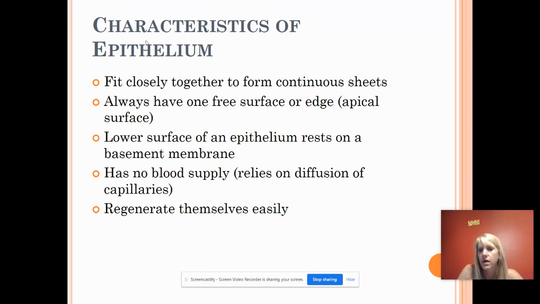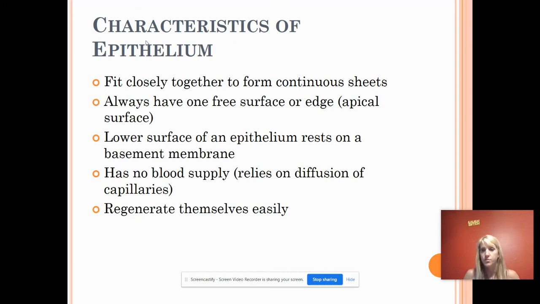There's no blood supply, so it relies on diffusion. Do you remember what diffusion is? That's the movement from high concentration to low concentration. So, quick review: if you're baking a cake on the main floor and you're upstairs in your bedroom, you're like, what's that smell? And then you come downstairs, and it smells like crazy. If you open that oven door, there's a high smell of cake, right? The smell has diffused. It moved from high concentration at the oven door to low concentration upstairs. So that's diffusion. Since your epithelial tissue has no blood supply, it's avascular, it relies on